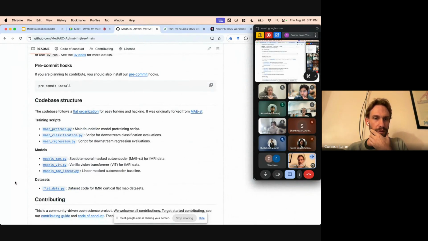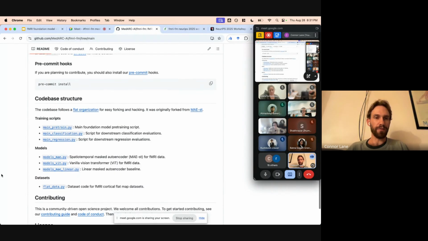So a little bit of going into the code base structure. We're trying to basically keep the code base structure simple and understandable. One way to do that is to avoid having a deeply nested structure with all kinds of abstractions and complicated interfaces, and having to jump through a ton of files to figure out what anything does. And so we just have a pretty flat structure that has just a few main important files to look at.